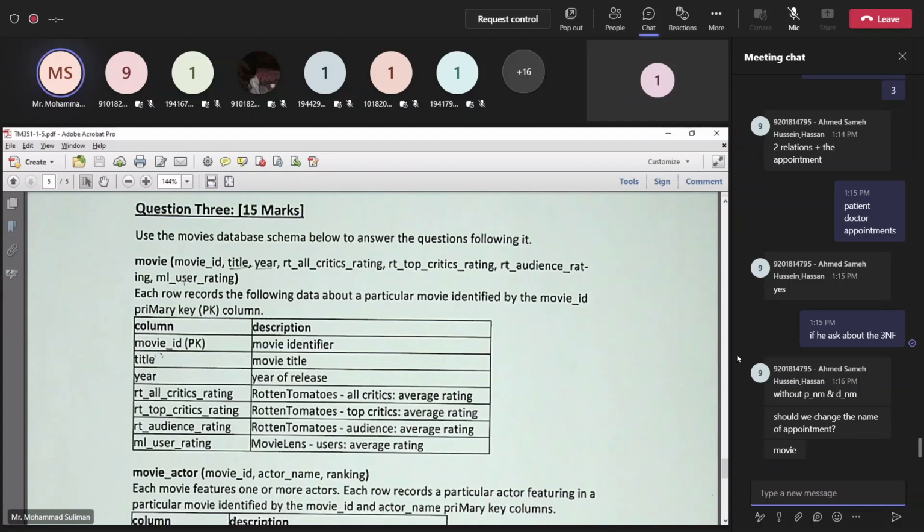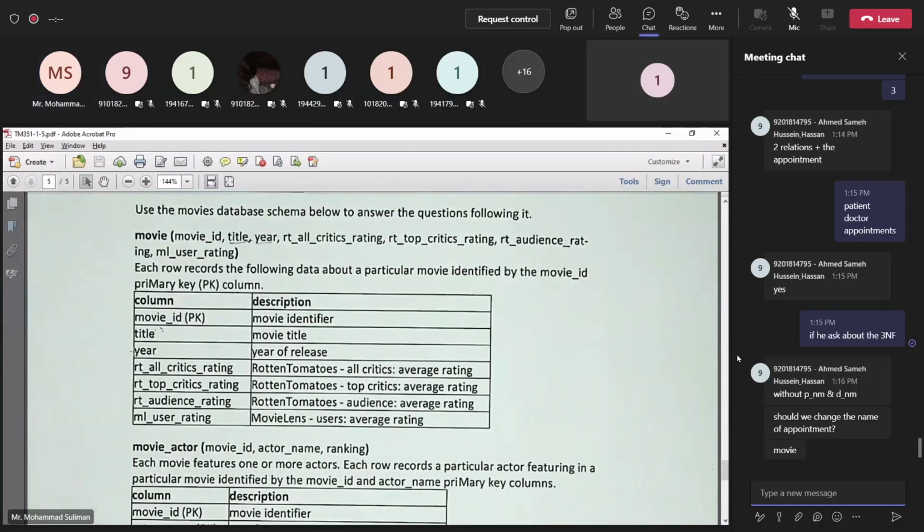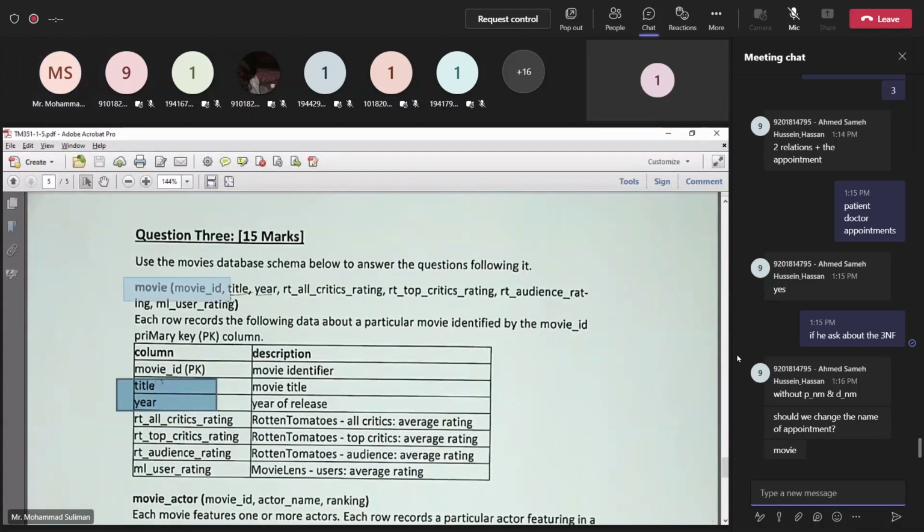I can take all the data from this table only. What I want is title and year of release. So I say select title, comma year from movie,